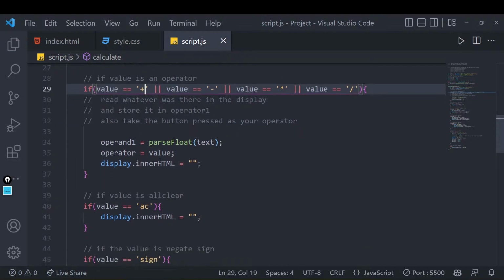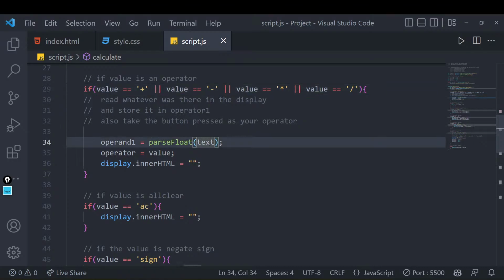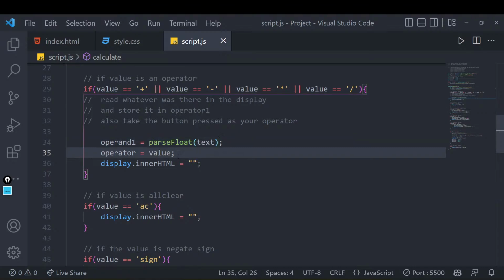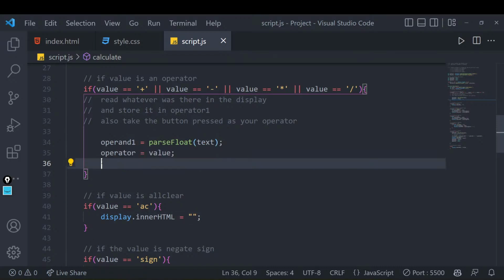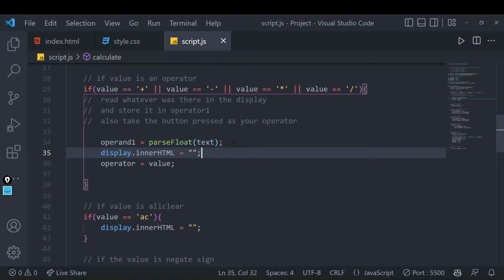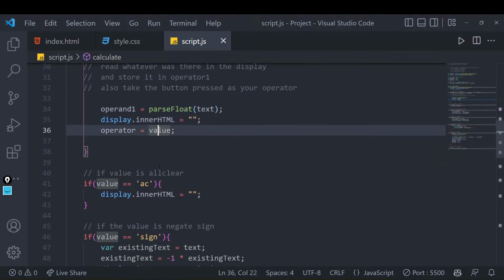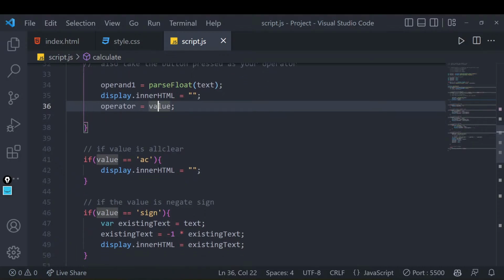If any of these is satisfied, then we'll take out whatever there is in the text area, whatever there is in the input area, and we will also set our operator value to this, right? So instead of writing this, can we not give this line before, although this will not make much difference. Yeah, we'll display this area, and we'll take this area off. We'll replace this, and then we will say key, okay, if this is also done, we'll take operators as its original value.